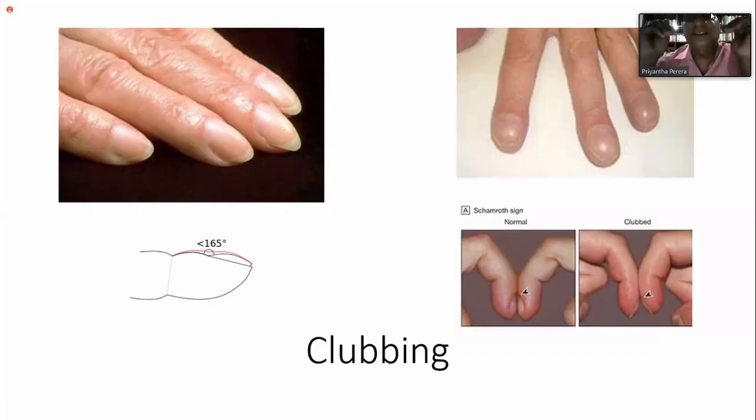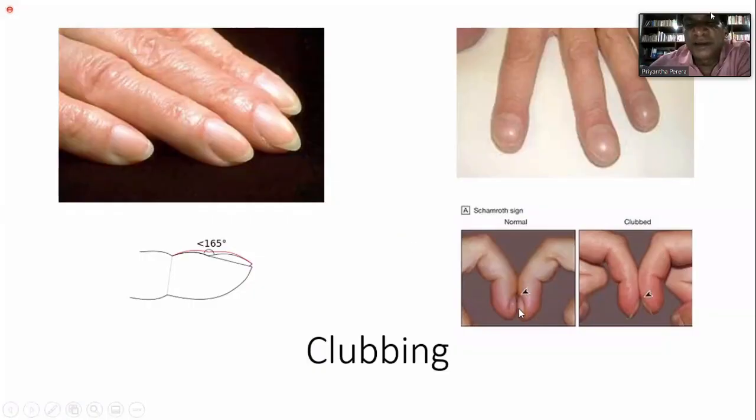Look at the nails, right? And you can see this in nails. Sometimes you can have it only in the toes, but not in the hands. Then you call it differential clubbing. You learn it when you get this condition. I don't want to bother too much about that. So if you're really interested, read about it. What is differential clubbing, right?